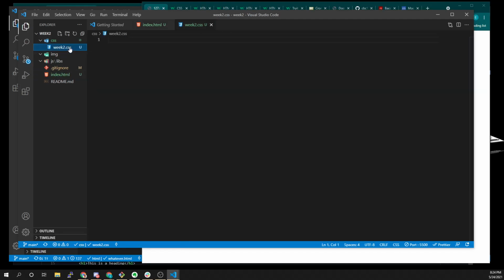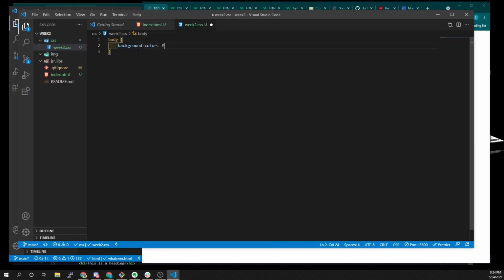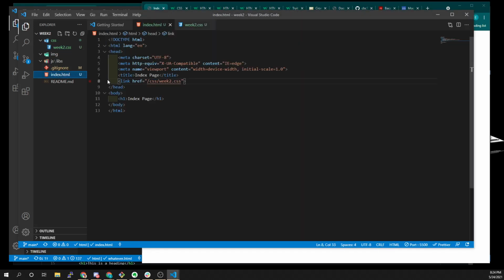I've just made this style sheet in here, and I can come in here and say, body. I'm gonna have the background color be, let's say like a gray. So we'll say like AAA, right? So it's like a light gray. So when I come into our index page, if I load